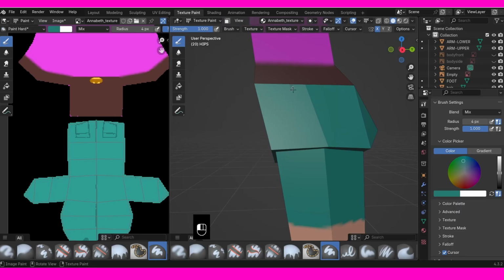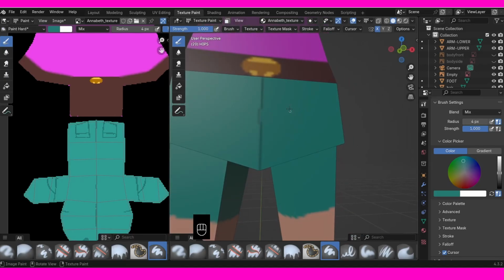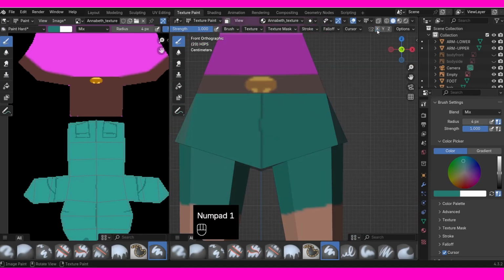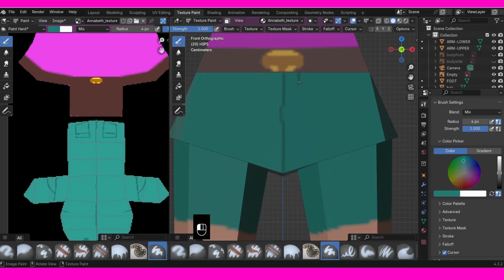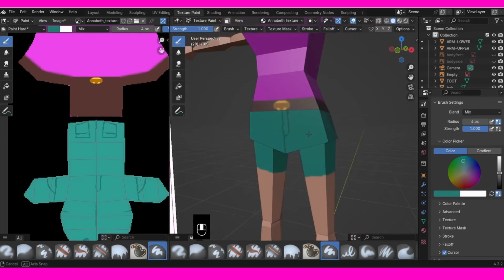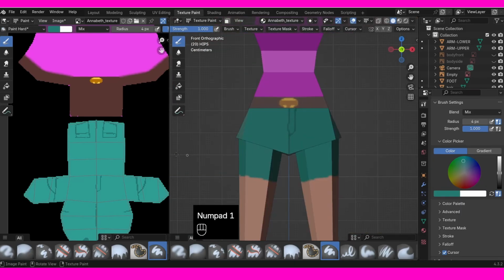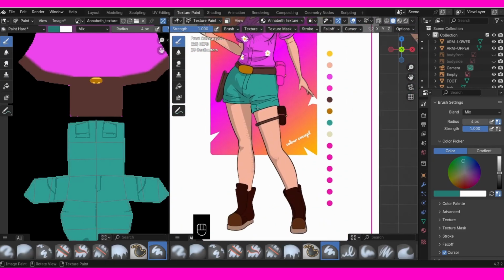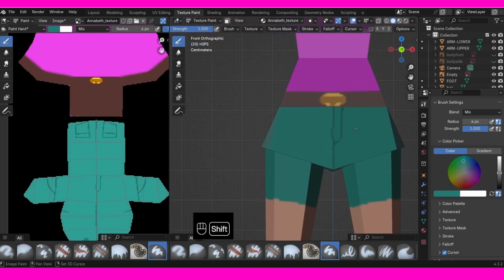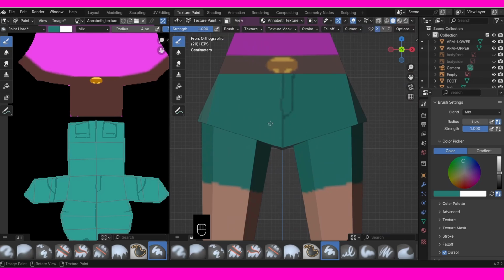Have her pants have a seam line going down the side and some pockets. Then turn off symmetry again. Most pants or shorts have this fly area, and then outside of that, if we look at the reference, we can put some creases around as well. So with the X symmetry back on,